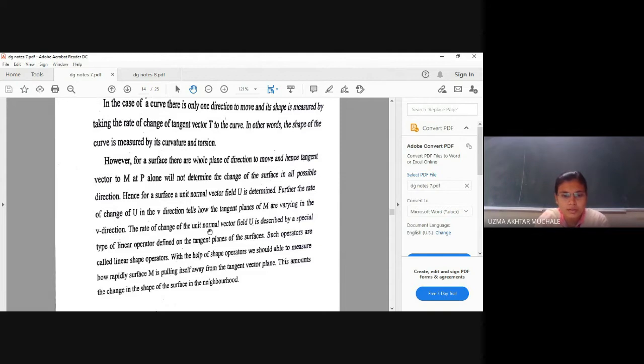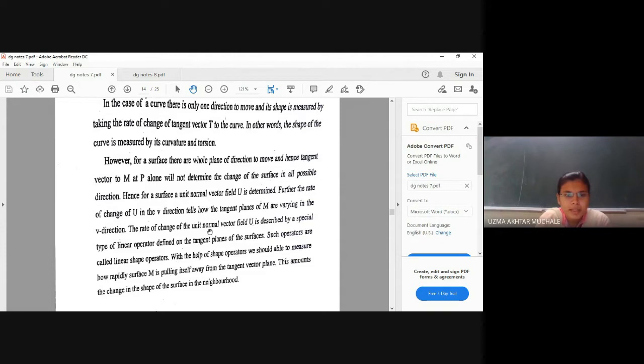If you remember, T we have found with the help of alpha dash. What is B? B is a unit normal vector. If it is not a unit speed curve, then we are going to use another formula, that is the arbitrary speed formulas. Okay, Frenet apparatus for arbitrary speed curve. So these are the things we have already seen. Now let us go for the next one.